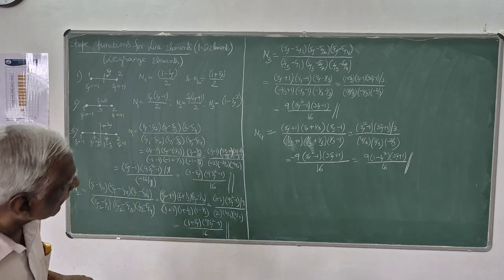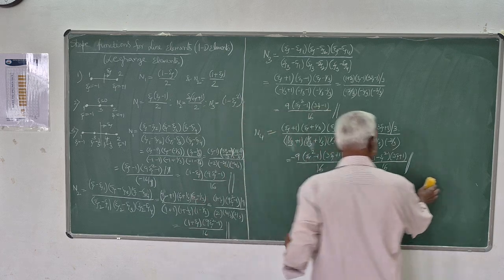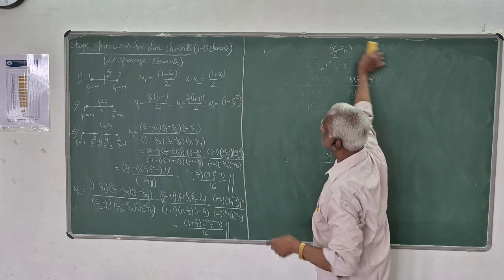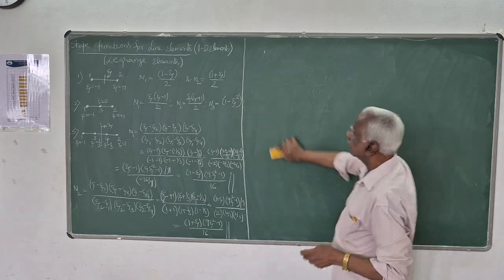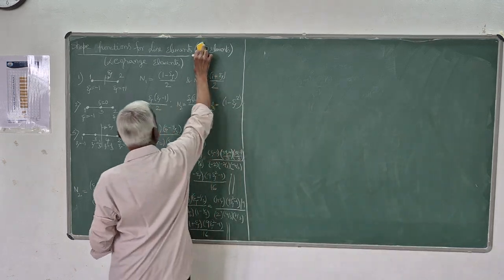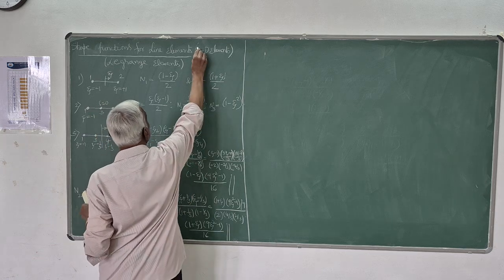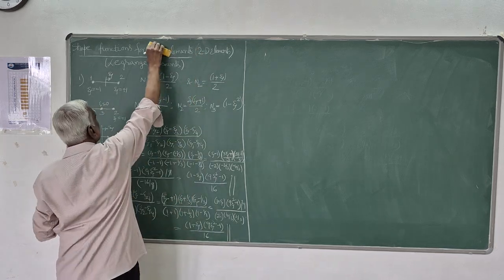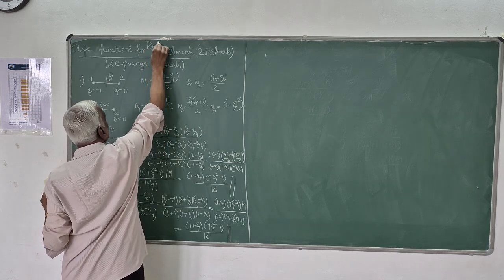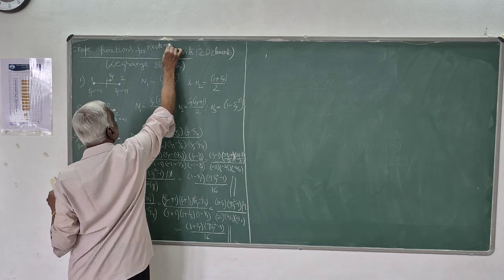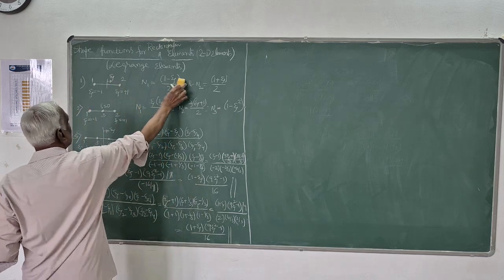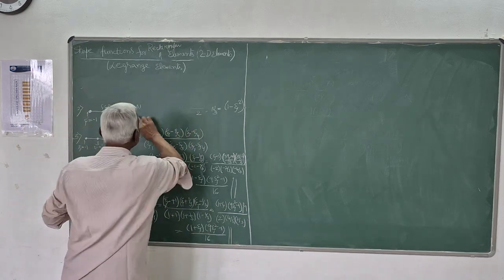Next, we will take up shape functions for quadrilateral or rectangle elements. We have finished shape functions for line elements, all first order, quadratic and cubic elements. Now we will take up shape functions for rectangular elements, 2D elements. First we will take up Lagrange